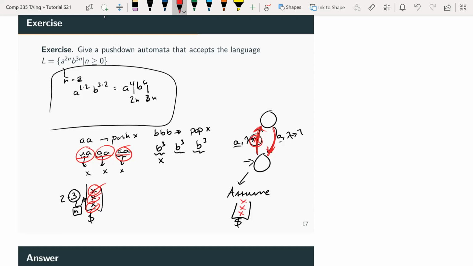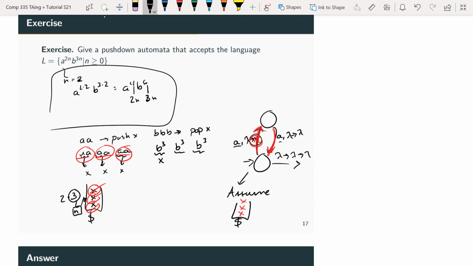You can also, yeah, exactly. You could also do lambda, lambda here, and then lambda X here. So it wouldn't matter, okay? So then once you're done pushing your X's for your A's, then